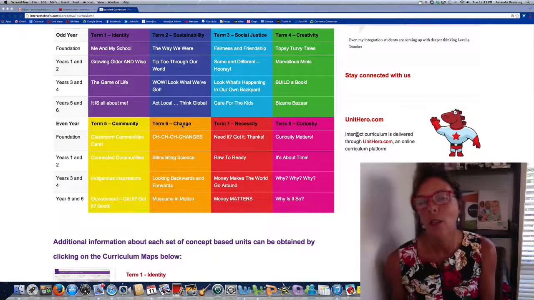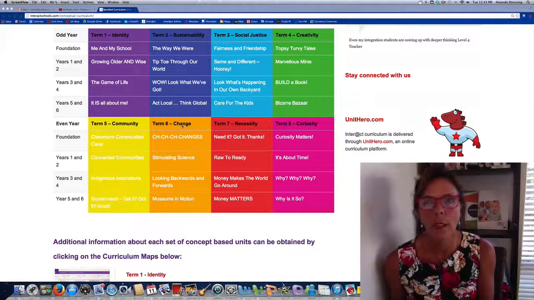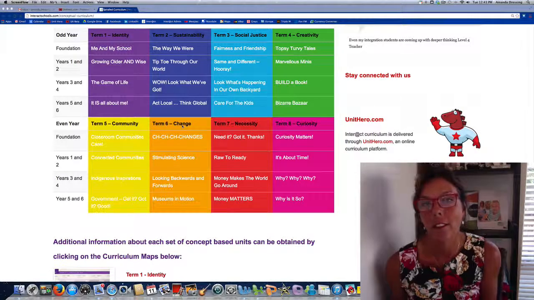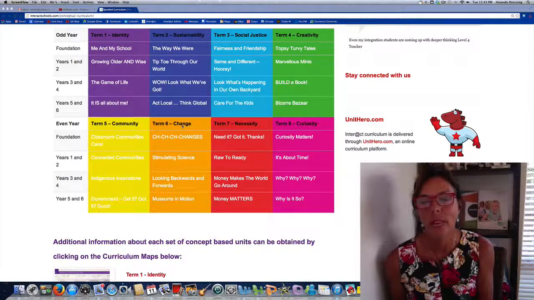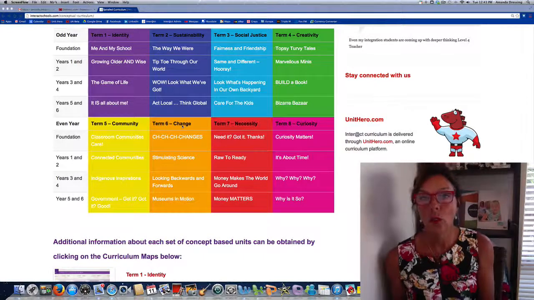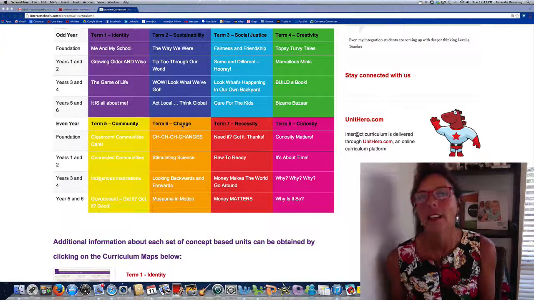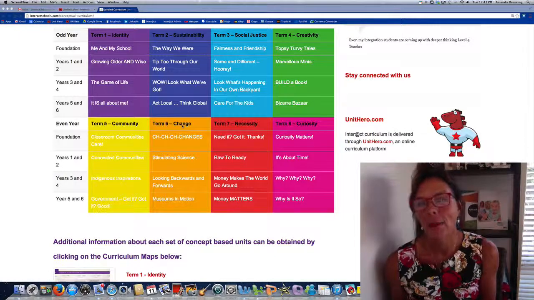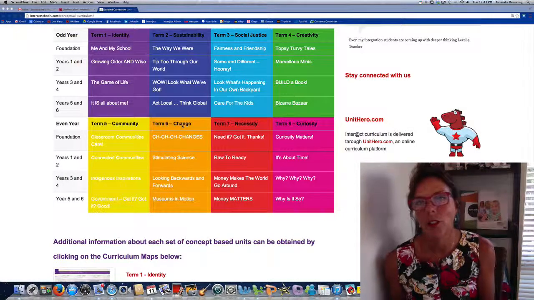So if we look at the example of a popular camp to the seaside, to a beach location, and a school is regularly investigating sustainability to coincide with that camp. If it happens to be the camp is timetabled for Term 4 and the Interact concept being investigated is creativity,